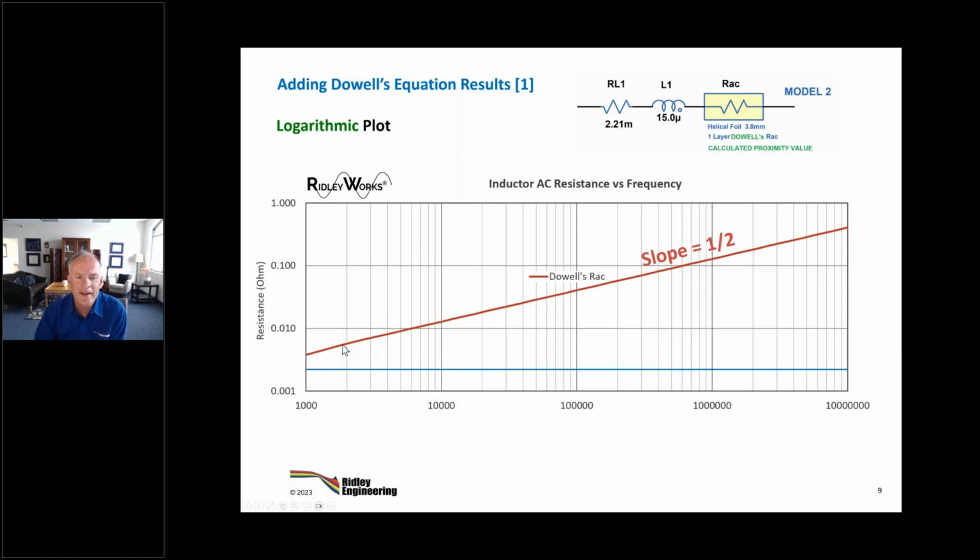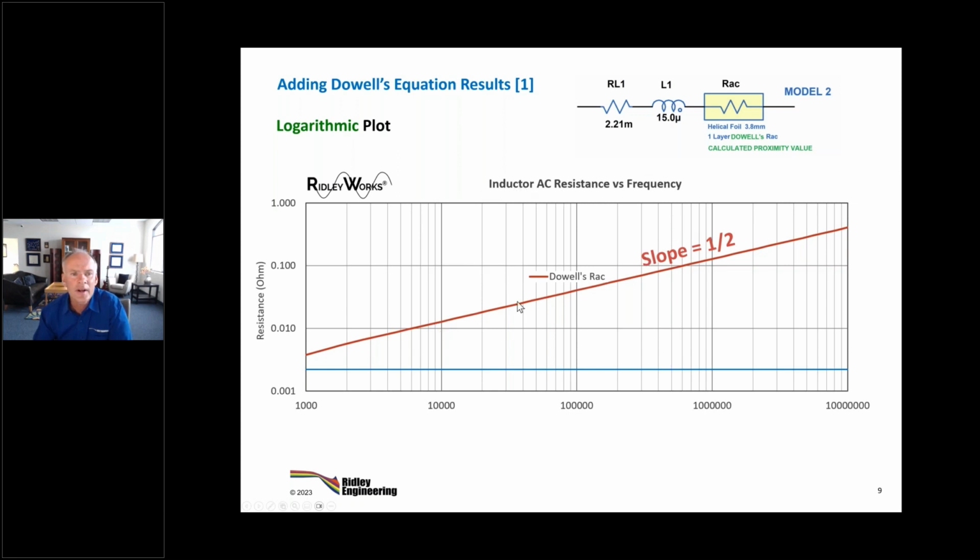So it doesn't look like it's going to be that great for its application here, but in reality, we normally don't have a lot of AC excitation on this part. So it's probably still going to be okay for a buck converter where the ripple is relatively low. And in the application from Linear Technology, that 960 watt application, it's fine, but it's a big part at the same time. So there's Dowell's equation.